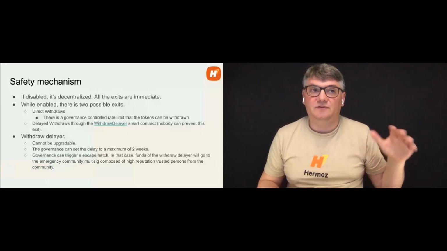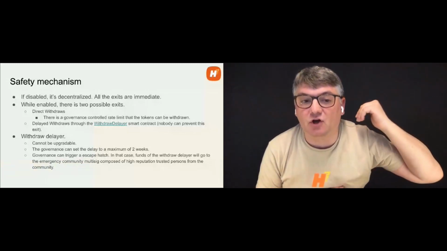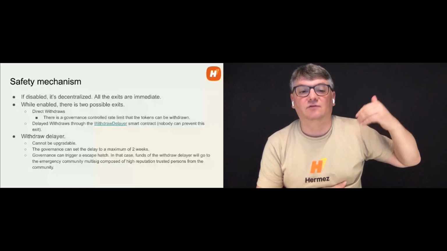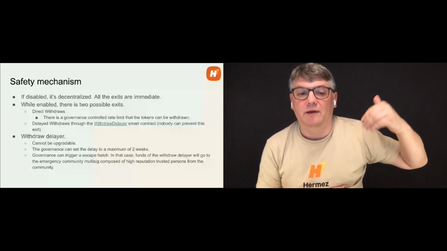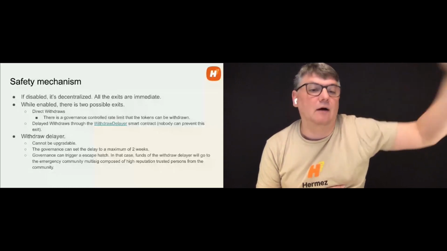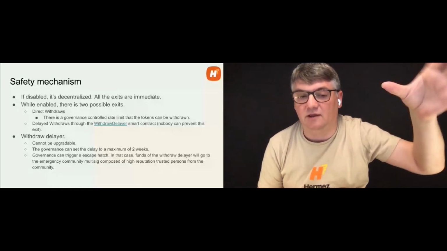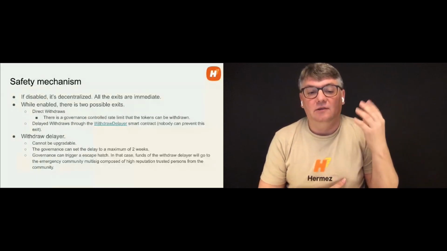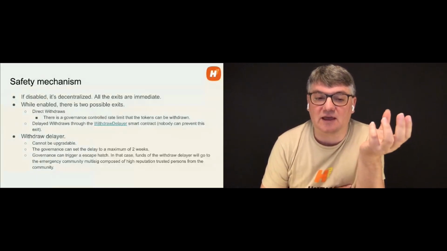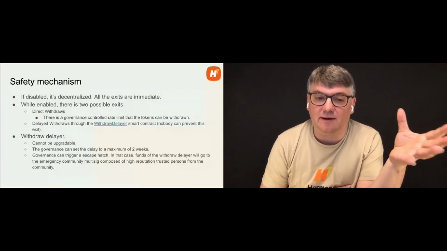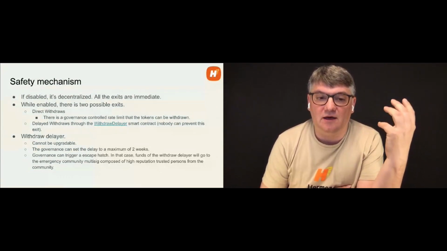Delayed withdrawal just goes to another smart contract that's not going to be upgradable. We call it a withdraw delayer. You will be able to get the funds later on, maybe in just 1 hour, in 2 hours, in 1 day, or in some margin. In any case, by the smart contract, this can never be more than 2 weeks. So this is the maximum delay that